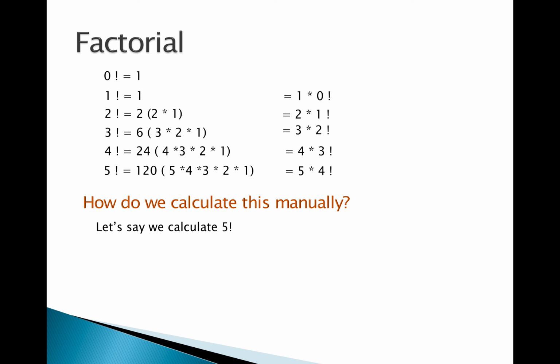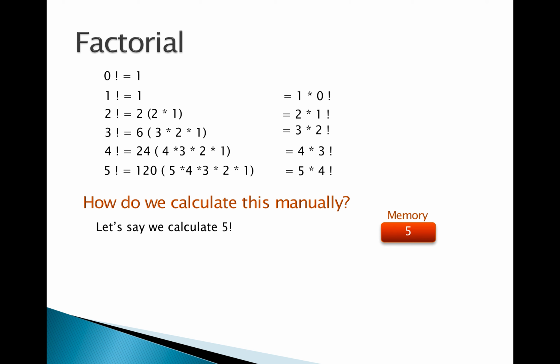Let's consider 5 factorial. How are you going to do this, or how will you do it in memory, on paper or in your memory? Initially you will have 5 in your memory, because you're going to do 5 factorial, so all you are going to do is 5 into 4 into 3 into 2 into 1. I'm just splitting this process and documenting the steps,